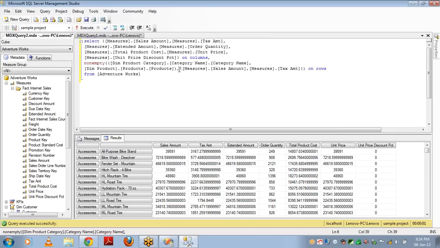This is how the NonEmpty function works, and this is how you can filter the data. We discussed a few functions like NonEmpty without space to filter null records, null measure items. If any row has a particular measure item null, then you can use this NonEmpty without space, and you can use Filter to filter the data, and you can use a where condition to filter the data. We discussed all these functions, and let's see about